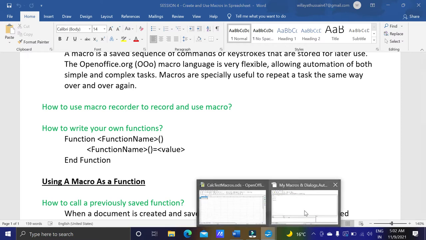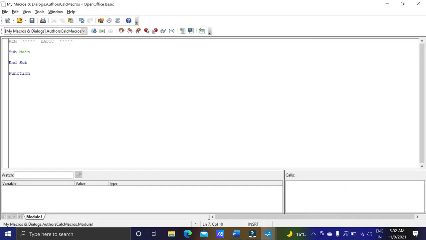The name I am going to give is number6. Then I want to provide what the function will do: number6 will give the value 6. Now my work is done, so I will write End Function.